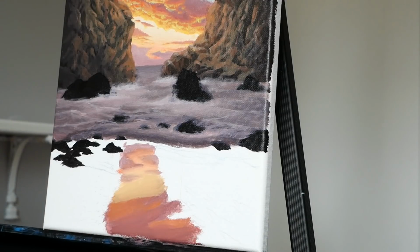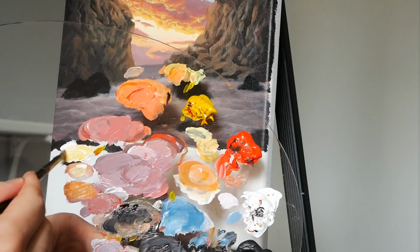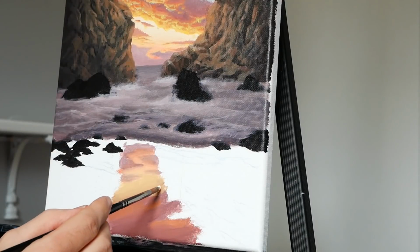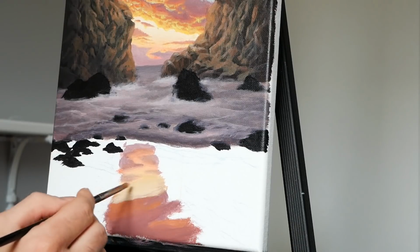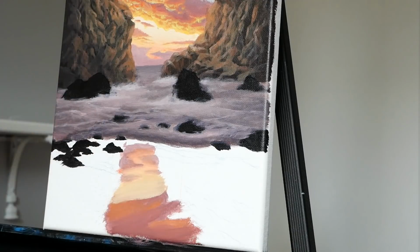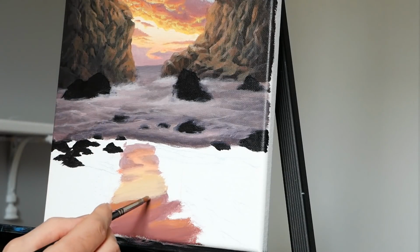And yet again, as we get closer to this, we're going to interject more titanium white. So I'm just going to make a significantly more white mixture. Run that initially here along our edge, and then blend it back this way. As you can see, it's actually not as saturated or as bright as the top, and that's something you can choose to do